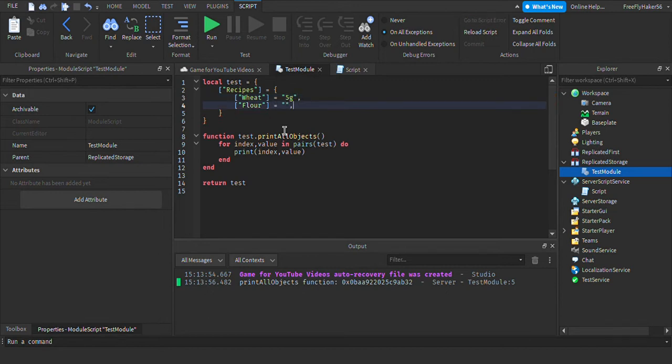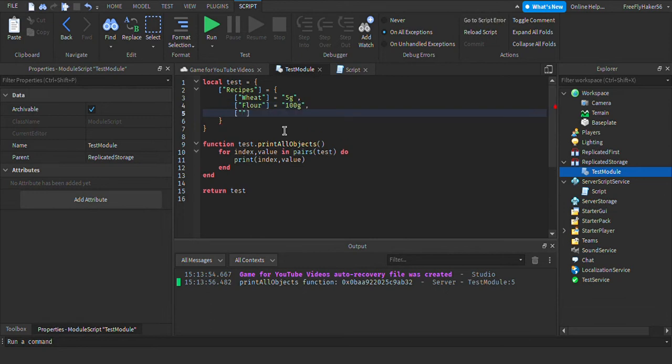We'll go, let's do 100G. That's a lot of flour. Then we'll do, that's not a lot of flour. We'll do eggs, and then we'll do equals 2. So we only need 2 eggs. Now we'll do